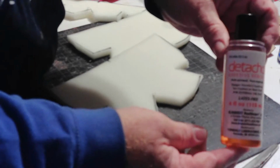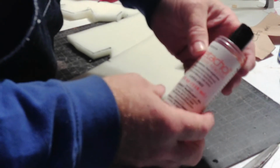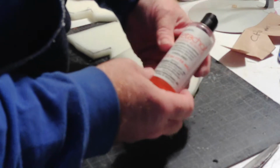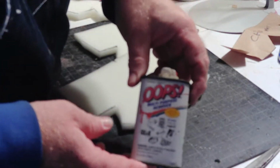I love this. This is Detach All. This they use to remove, in movies, when they glue on latex pieces on part of facial costumes, like scars, and it removes adhesive. That is great. This is Oops. Oops is also very good. Just put some on my fingers, I can get that adhesive,